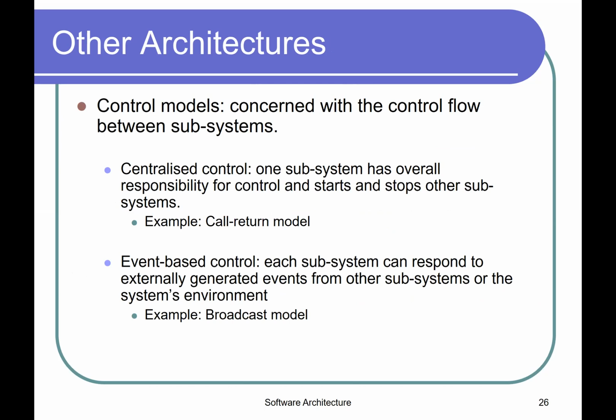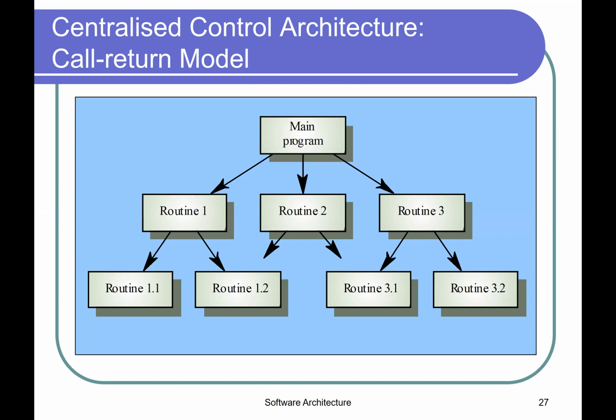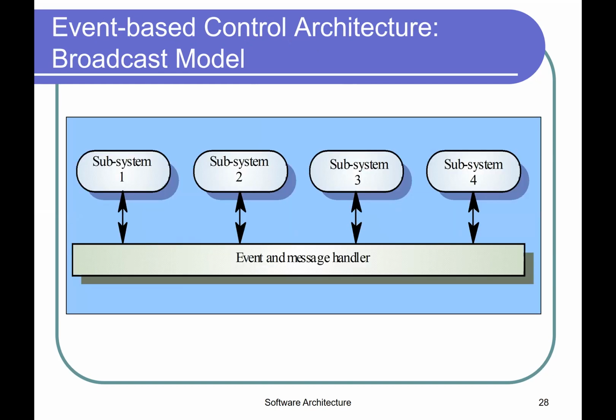Then we have an event-based control system. So a system that mainly sits idle in a particular state until something happens. When it happens, while it's in a particular state, it's going to react in a certain way, and then it moves on to a different state after performing a particular functionality. So this is a typical centralized thing, with the SE100 stuff, a main function calling other ones. And also this is an event and message handler thing.